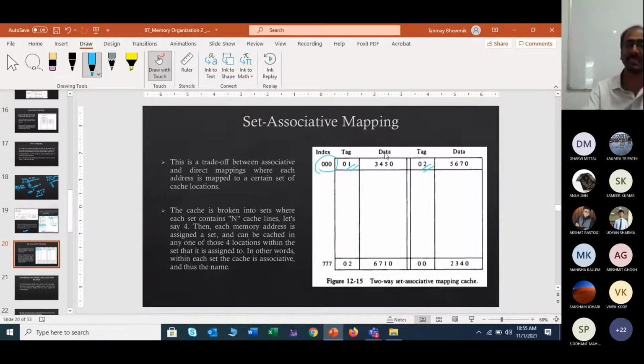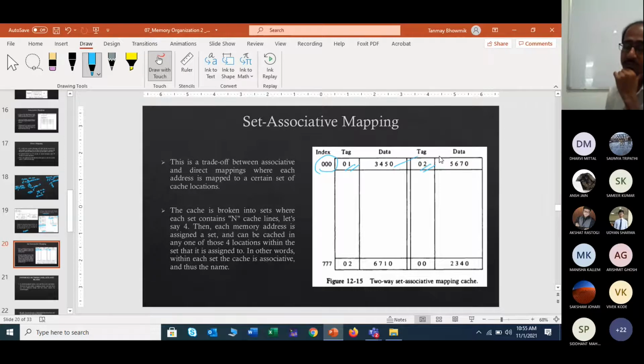So now if your index matches 0, 0, 0, you will simply check whether your tag field is available or not. So 0, 1 matched 0, 1, you will put this data here. You will put this data here. So now it is quite obvious that the bigger the set size you use, the more efficient the set associative memory mapping technique will be, right?